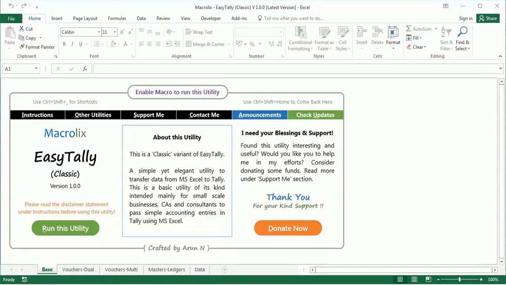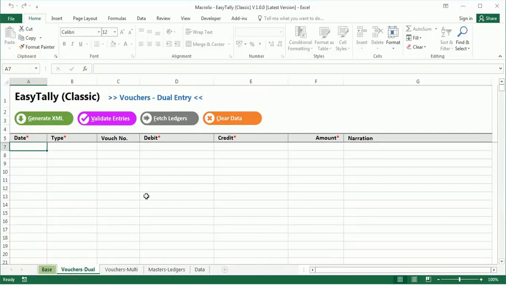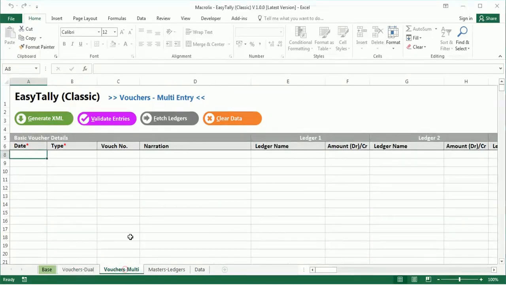In this video, we are going to watch how to use EasyTally Classic version 1. This utility is for transferring basic accounting vouchers and ledgers from Excel to Tally ERP. There are two sheets dedicated for vouchers. The first one is Vouchers Dual and the second one is Vouchers Multi. We can use the Vouchers Dual sheet to pass entries with two ledgers and the Vouchers Multi sheet to pass entries with